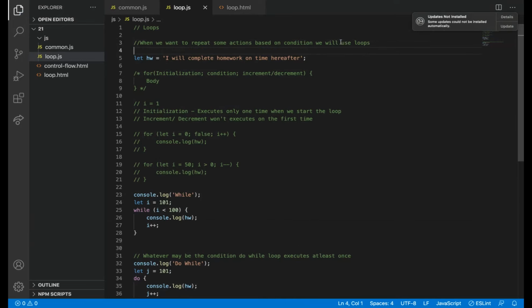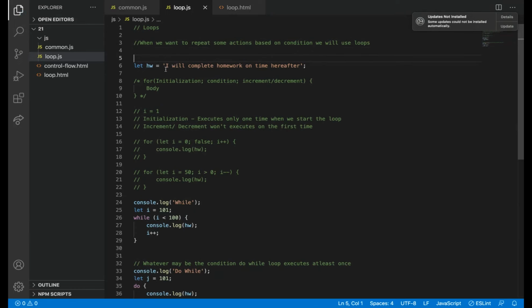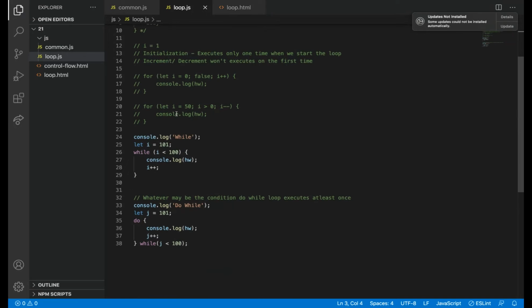So there are different kinds of loops. For loop, okay, I don't want to write and waste our time. For loop, and then while loop and do while loop.